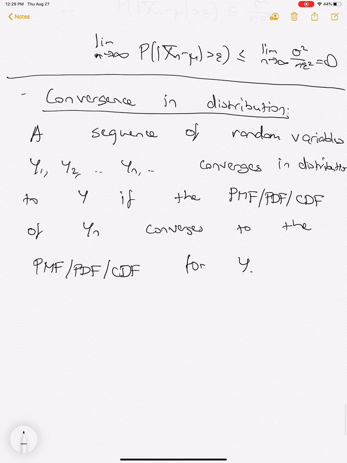Okay, and so the next notion of convergence that we're going to cover is the notion of convergence in distribution. A sequence of random variables Y1 through to Yn and beyond converges in distribution to Y if the PMF, PDF, or CDF of Yn converges to the PMF, PDF, or CDF of Y, and this is convergence in a pointwise setting. So what I mean by that is that